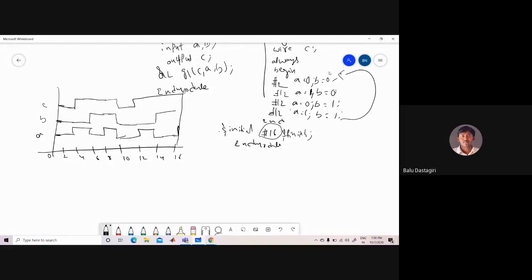Whatever logic is present, that entire logic will be defined only in the main module, that is, in the circuit under design or circuit under test. Okay, so this is how to write test benches. For any program, you can write test benches like this.